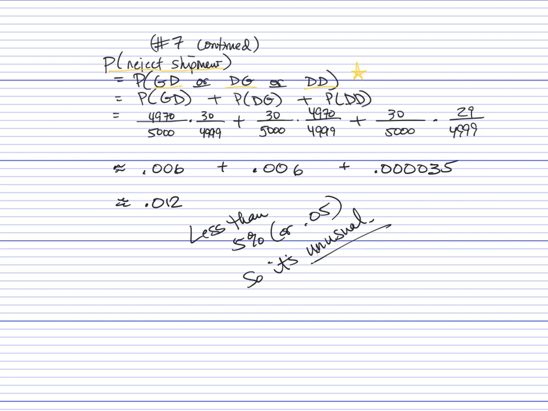Since these were mutually exclusive, they cannot happen at the same time, then I can say the probability of this or that or this is equal to the probabilities individually added up. And that we got from a previous section,